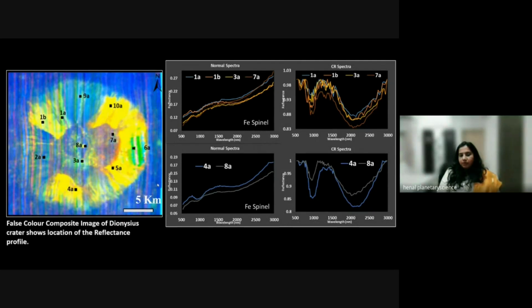This is the mineralogical map I generated, and these are some reflectance spectra that I derived using the hyperspectral data. It shows good minerals present in this area like Fs and spinel, and the yellowish part shows basaltic pyroxene material present on the surface or crater wall, and the bluish part shows highland material flowing from the upper or lower part of the rim to the central part of the crater.